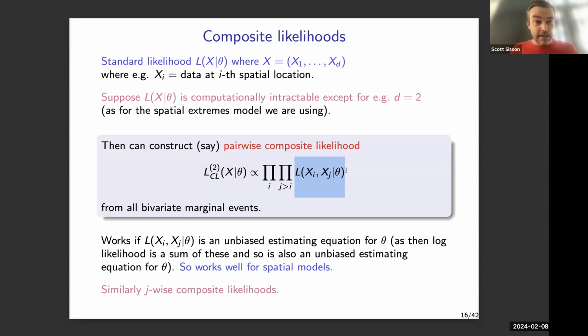That's not going to be the same as the regular likelihood, but as long as for each of these individual components you can in principle estimate these parameters, theta, variously well, then by combining all the information, in principle, you might be able to estimate the parameters reasonably well. And this works fairly well.